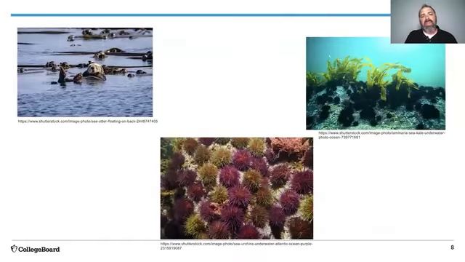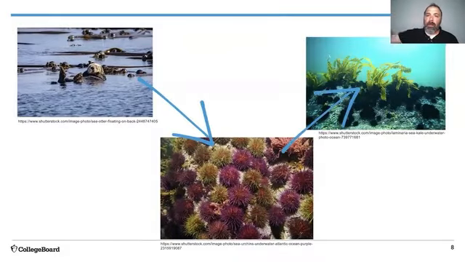Another one, this is a good example of a trophic cascade. We've got some otters, they eat urchins. Urchins eat kelp. So kelp are like the rainforest of the ocean. So what'll happen is the otters eat the urchins, they keep the urchins in check, so then the kelp can grow. So let's say something happens, right?